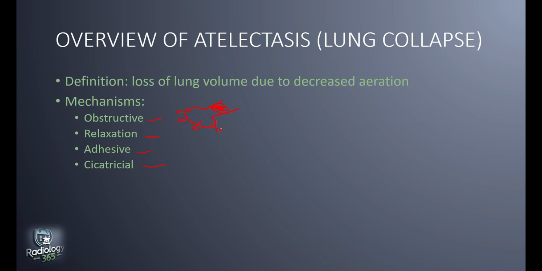But because there is something obstructing here, air is unable to cross the obstruction to replace what is being absorbed, and therefore eventually you have your alveolus shriveling. Our obstruction is still there. So that's obstructive